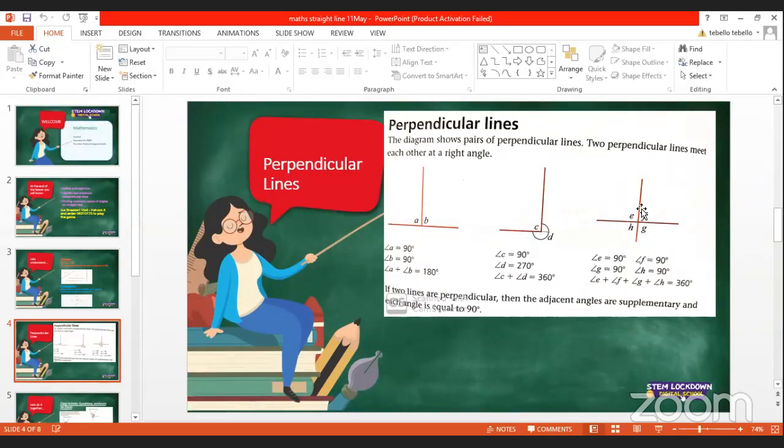And a full cycle, we all know, is 360 degrees. So let's add our 90 degrees to determine if our 360 degrees is accurate or not. We'll have 90 multiplied by 4, which gives us 360 degrees, right? I hope we now have a clear picture of what perpendicular lines are. Let's move on to our next slide.